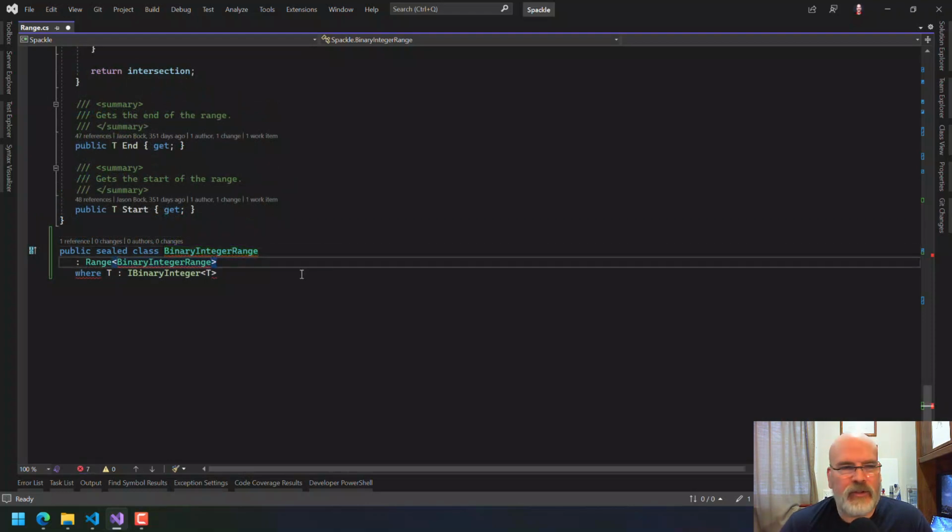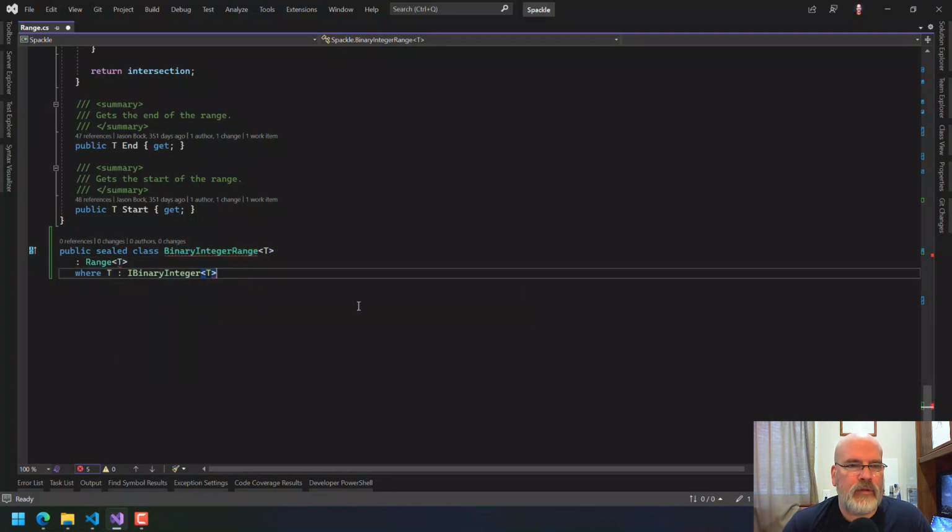Maybe this is too early in the morning for me to think of. I'm being really stupid here. Unless it's a T here, and that's a T. But it's not going to like that. The range of T type requires a T parameter to be filled with the derived type.